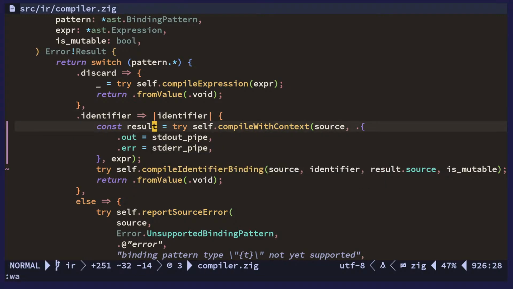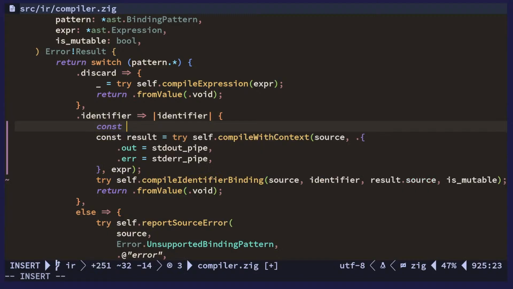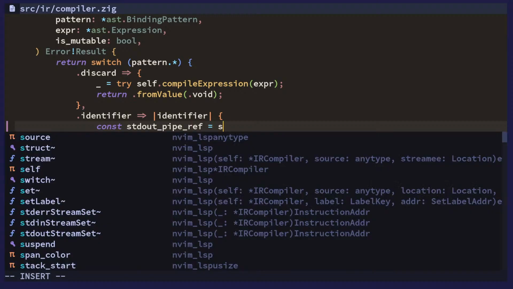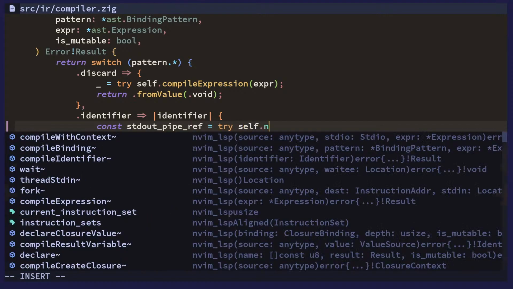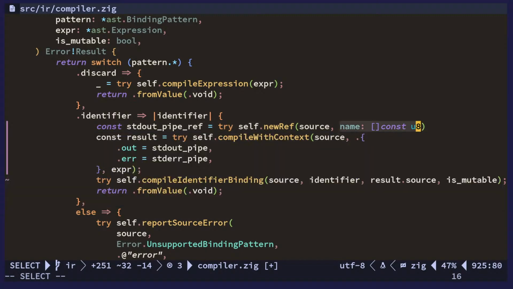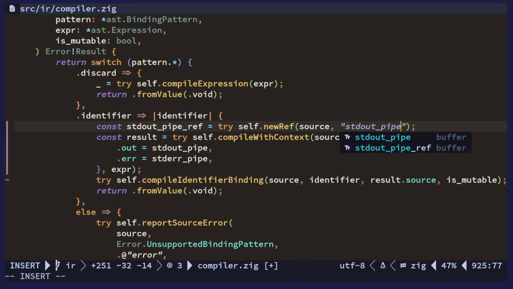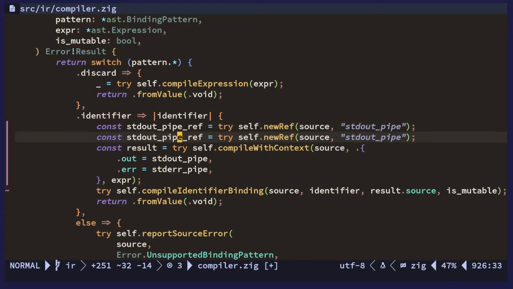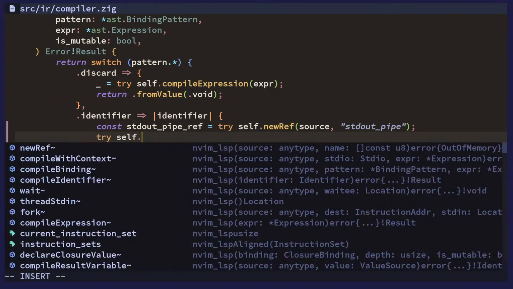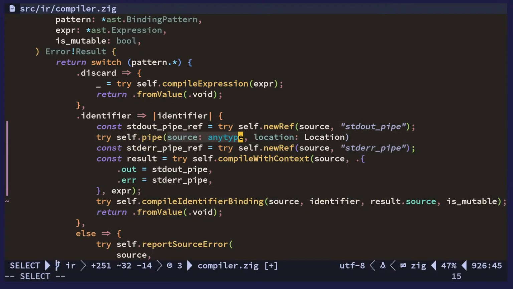Alright, so we need these pipes. So basically we want to do standard out pipe ref. It's gonna be try new ref, and this is gonna be standard out pipe, and we also do pipe. So this will create a new pipe,